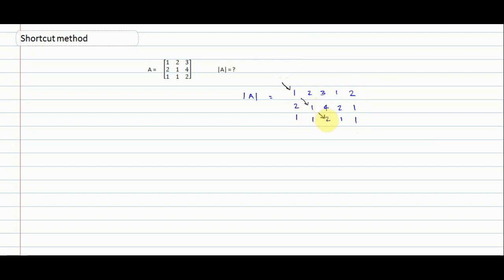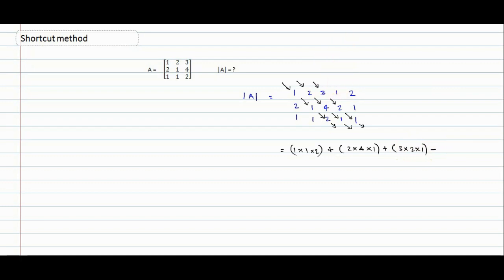Multiply these elements. So that is 1 into 1 into 2. Plus the second diagonal is this one, consisting of 2, 4 and 1. So 2 into 4 into 1, plus the third diagonal is this one, 3, 2, 1. So 3 into 2 into 1. Minus,